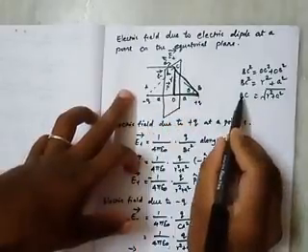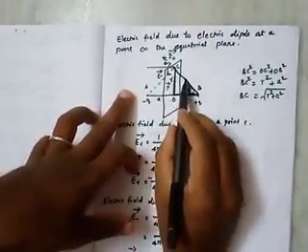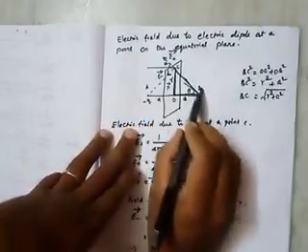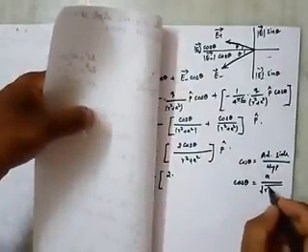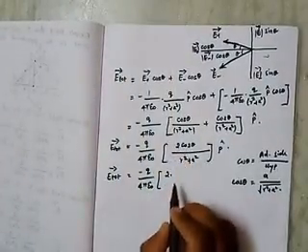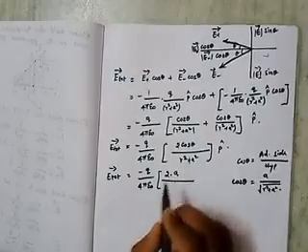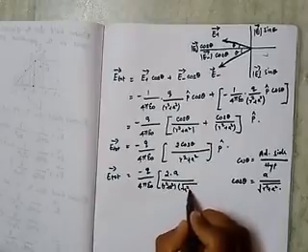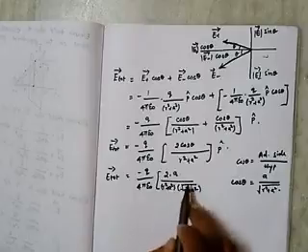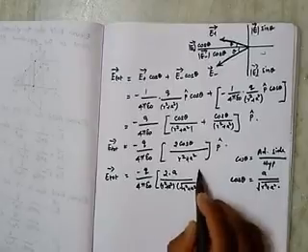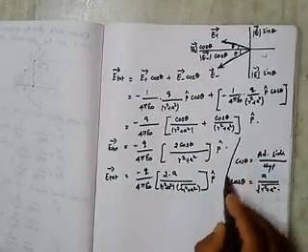What is the value of BC? Okay, this is the adjacent side, this is the opposite side, this is the hypotenuse. Okay students, so the adjacent side is a, and the hypotenuse is BC. What is the value of BC? That is root of r square plus a square. It is substituted in this equation, so here it can be written as 2 into cos theta, and cos theta is a divided by root of r square plus a square. Okay, we substituted their values for cos theta, so remaining p cap.